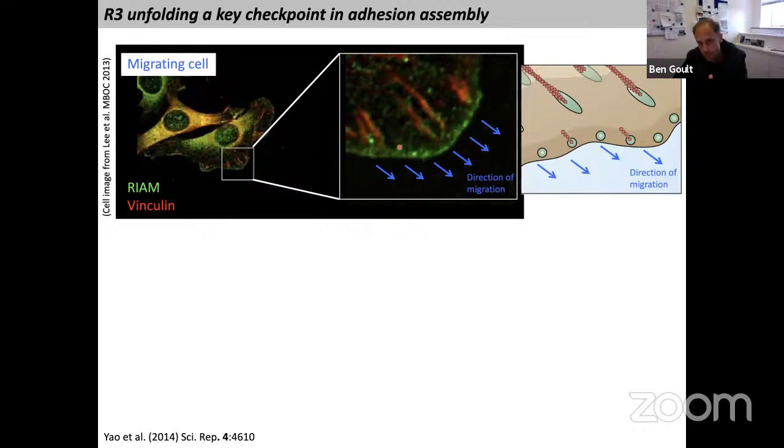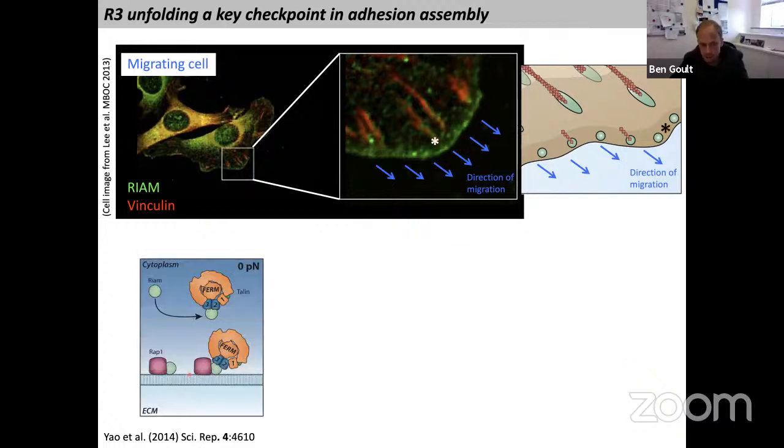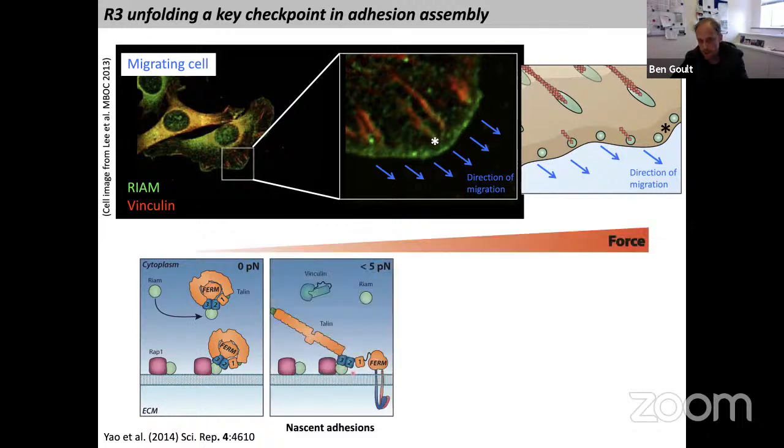And to go through that really fast now, because I want to move on to the new stuff, this is a cell migrating down towards the bottom of the slide. Right at the front of the cell, you start to accumulate lots of this protein VAM, because you get VAT1 signaling at the front of the cell. And this brings talin to the front of the cell. And then you start to want to assemble these adhesions. Talin unfolds, it can grab hold of an integrin.